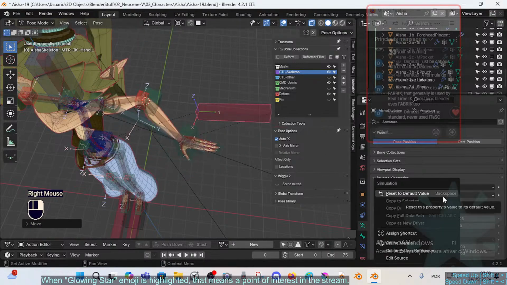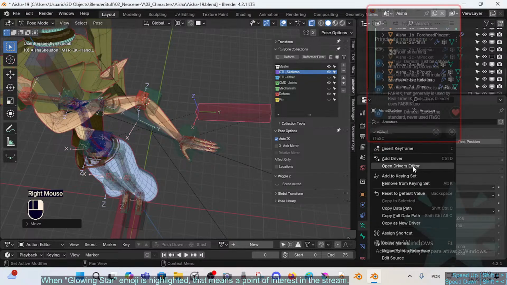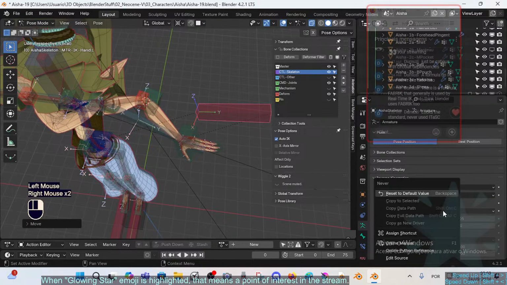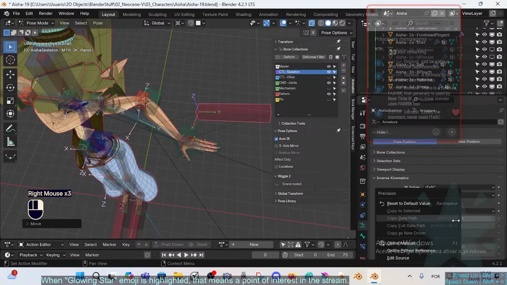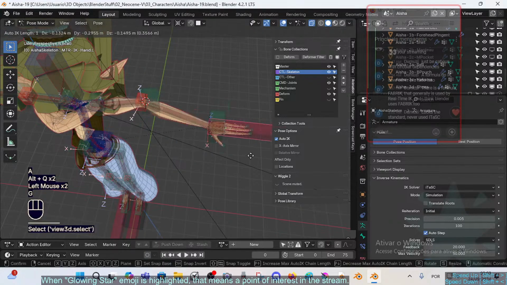Can we animate that? No, we can't. We can drive that. Interesting. Keyframe. No, add to keyframe set. No, this is not add keyframe, but we can drive this, so this is intriguing. Then here, initial